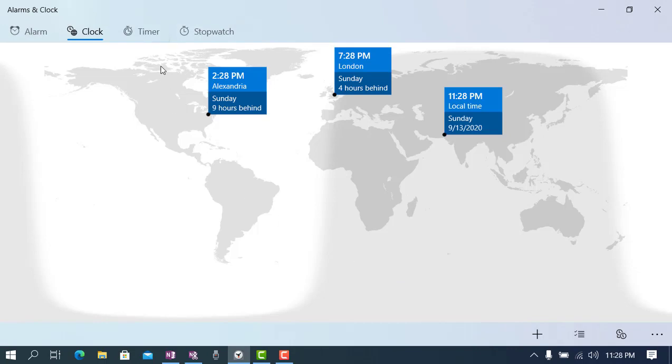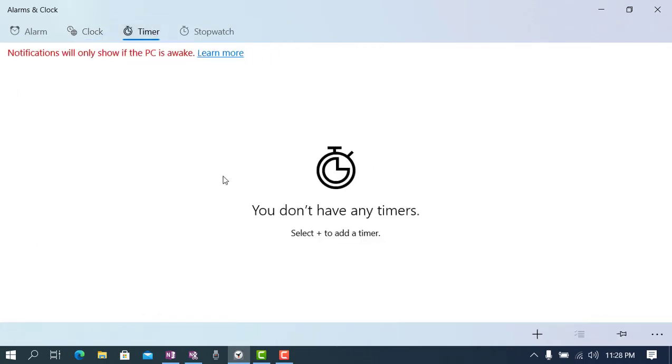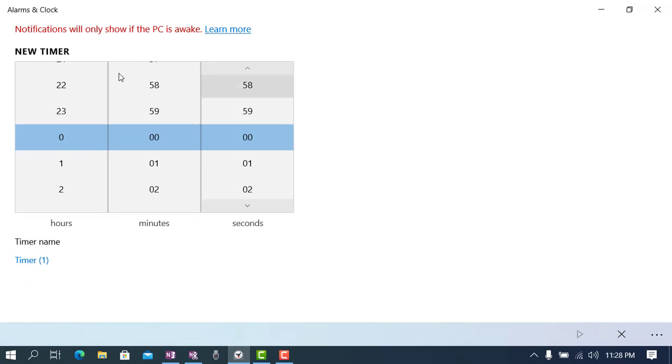Now in the third tab we have a timer. Let's suppose we want to add a timer. For example, if we work on a computer, we don't want to sit more than 30 minutes. So how do we know that 30 minutes is over? For this reason we can add a timer. For adding a timer we have the same procedure as in the previous task. At the bottom we have a plus sign. We click on that and a window shows up.